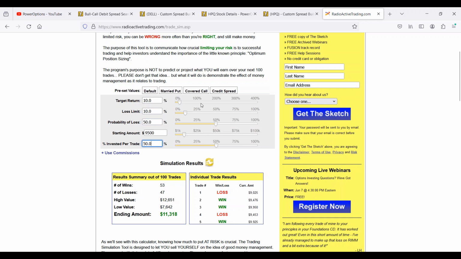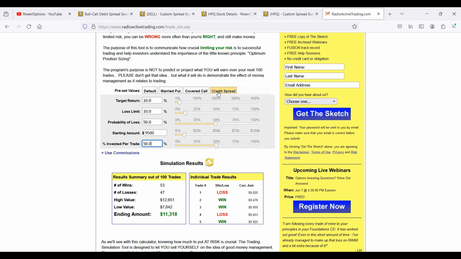Now I have some defaults that I put in for the credit spreads, but I'm going to show mine first. I actually used this tool back in mid-2016 to say, hey, if my targets for credit spreads long-term were to achieve this type of goal with a certain success rate and less management,